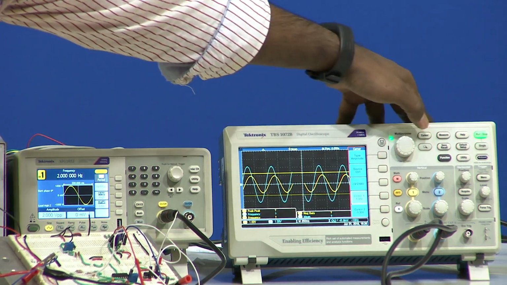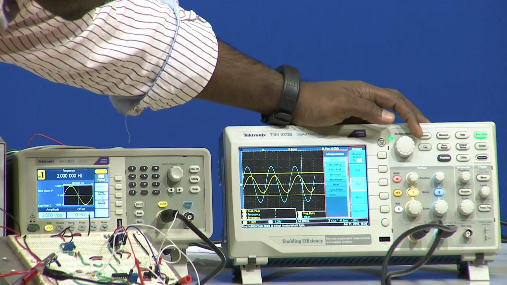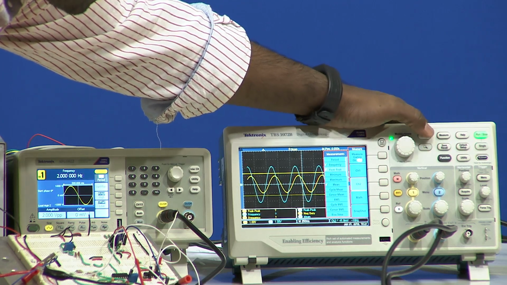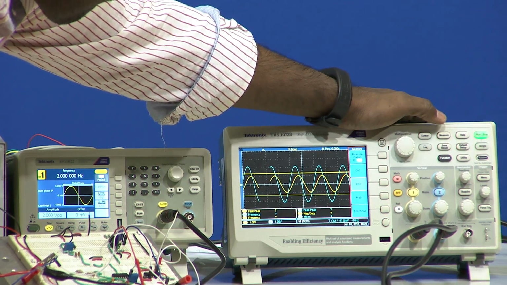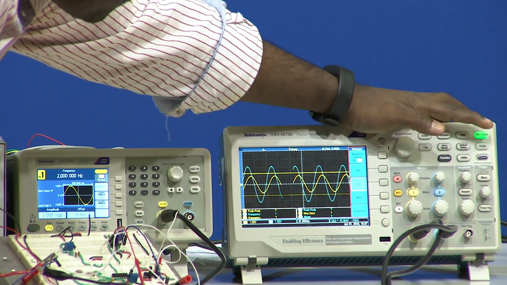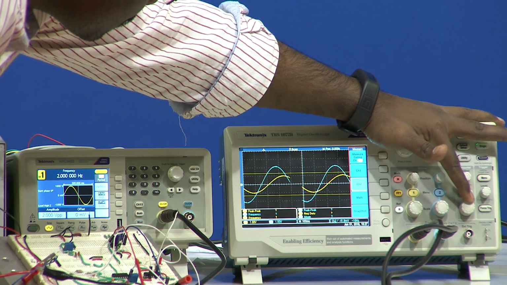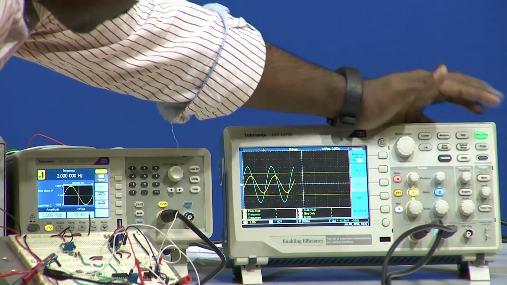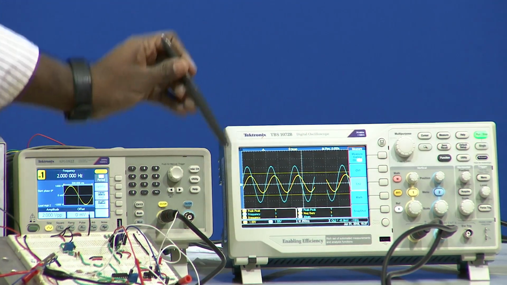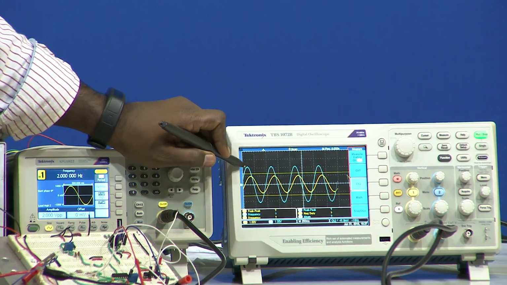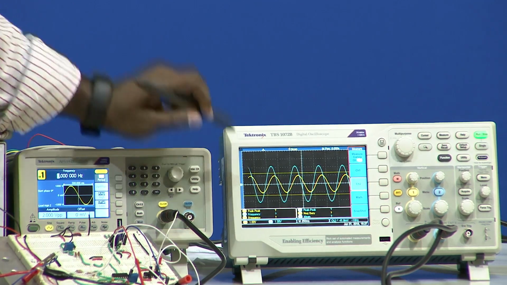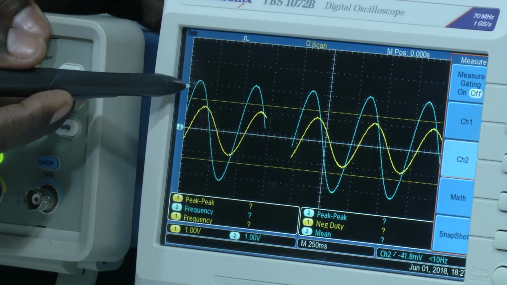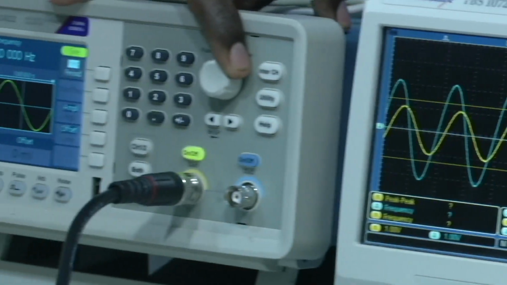Here if I observe, I will go to measure, I will create channel 2 peak to peak value. From the peak to peak value we can easily understand. Sorry, this is unable to measure, but that is fine. But we can see that the output value, the blue color one, is slightly higher than this second box. That means the gain is increasing. Now, I am coming to 1.